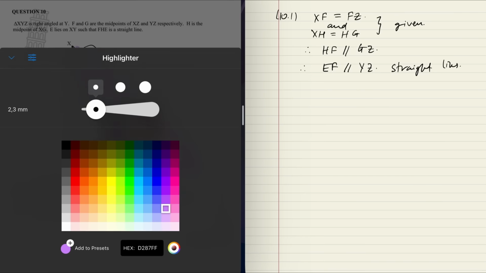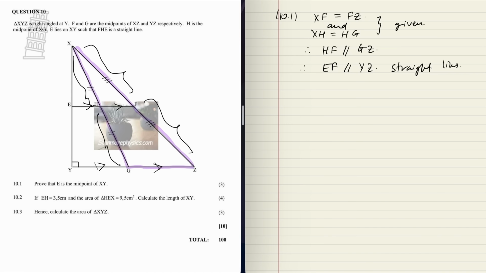Now, if we focus on this other triangle here, so this triangle right here that I'm highlighting, we are then looking at XH, we're looking at HG, and we're looking at the lines that are parallel. So because XH is equal to HG, and because